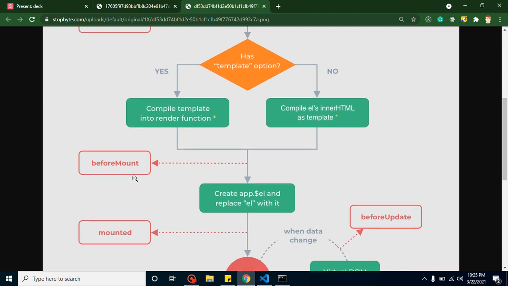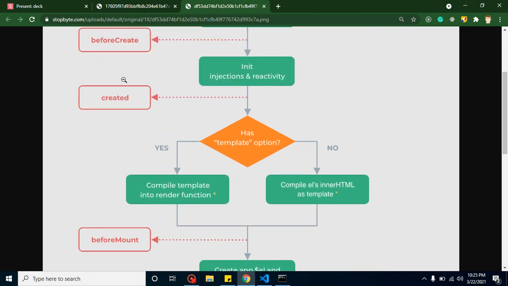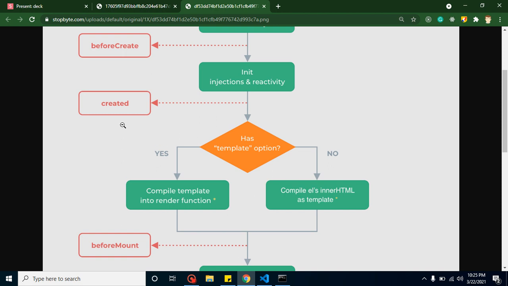Here we can add some APIs like HTTP calls, making a list and all. So why can we not call APIs directly in create? Why do we have a separate mount? Because whenever we are calling an API in create, our data might not be ready, because it is not mounted with the HTML until now, right? That's why we always call our APIs in mounted or after mount.